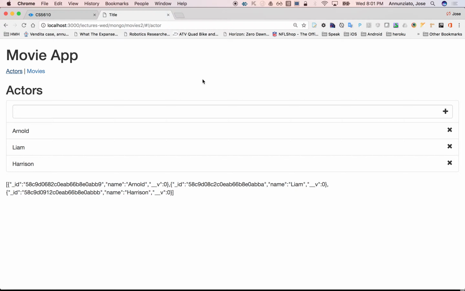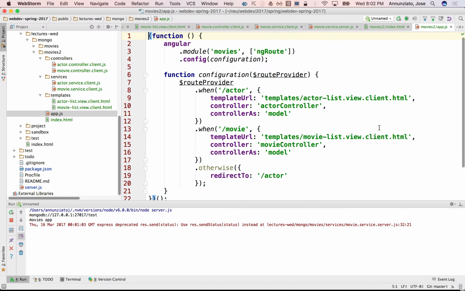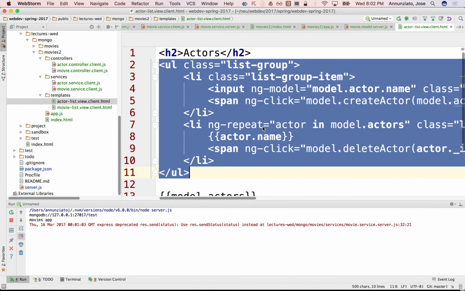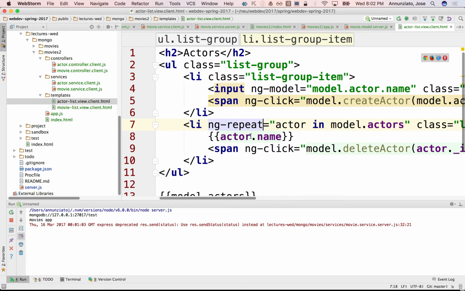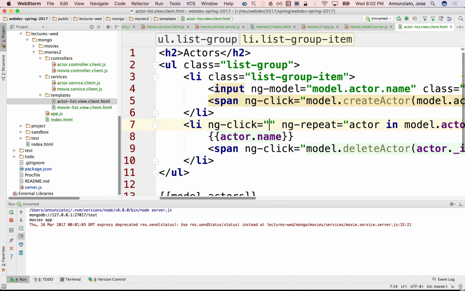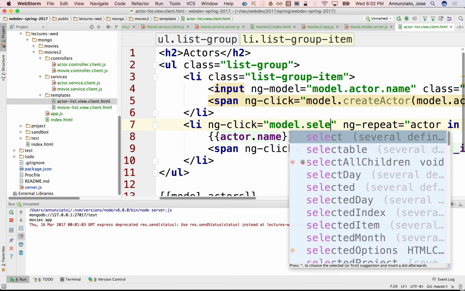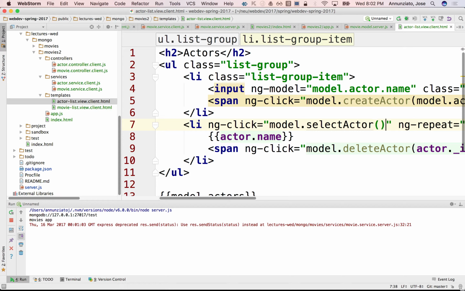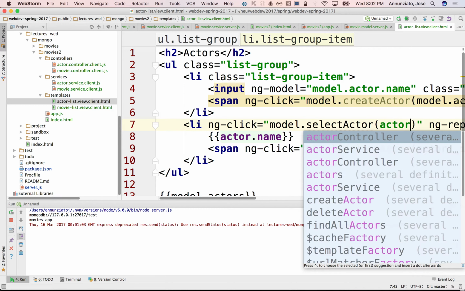We could list all the movies down here, right, and somehow select a particular actor, select a particular movie, and then add them, right? We could do that. So let's see. Let's be able to highlight the actor. So in the actor list, if we click on a particular actor, we're going to say model.select actor, and it's this actor here,